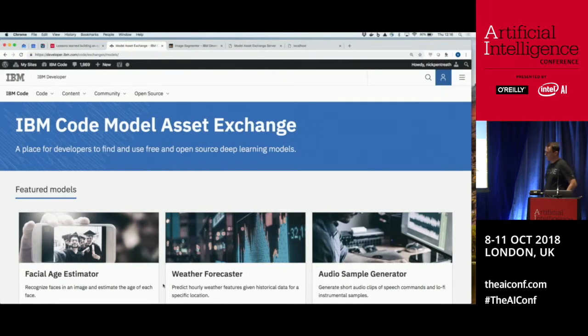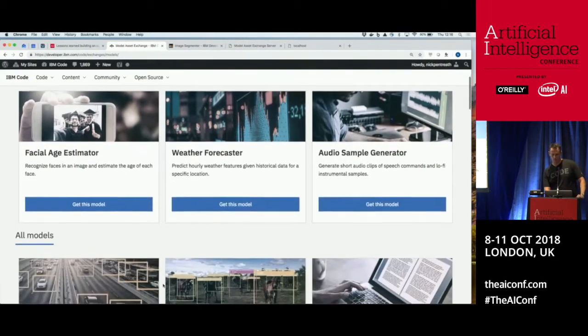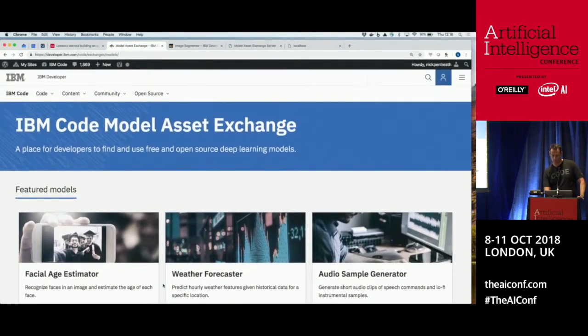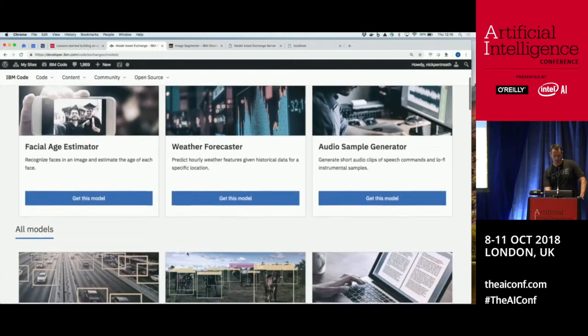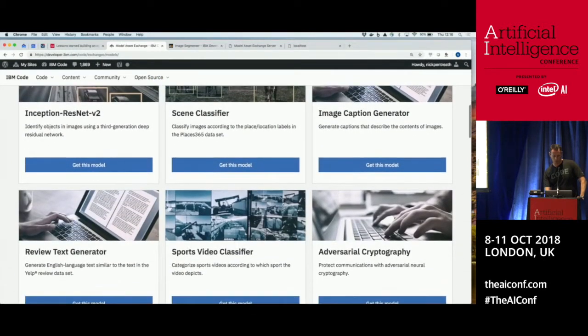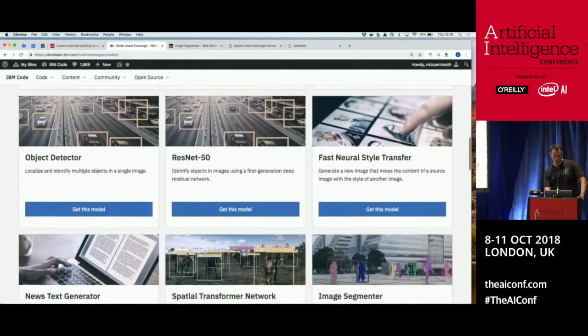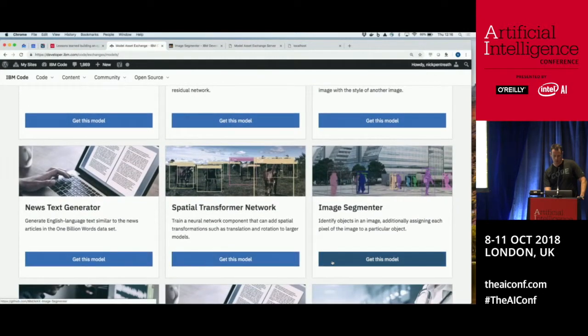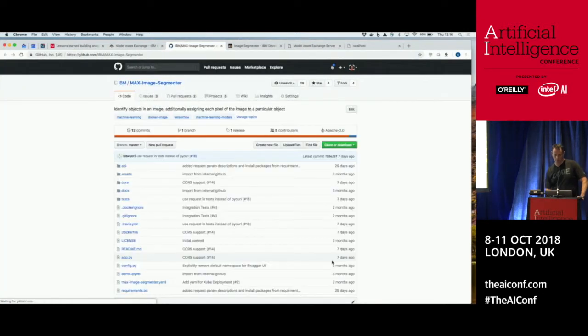Okay, so this is the current front page of the Model Asset Exchange. We're actually working on a new updated version of the website, which I'll talk a bit about later. But you can see we have all of these models, and behind each one of these is really a GitHub repository which contains all the code.